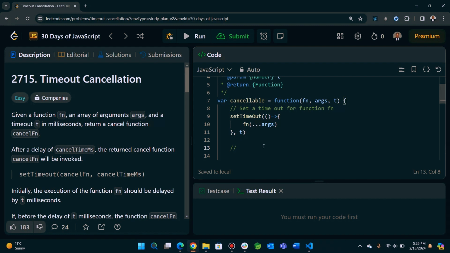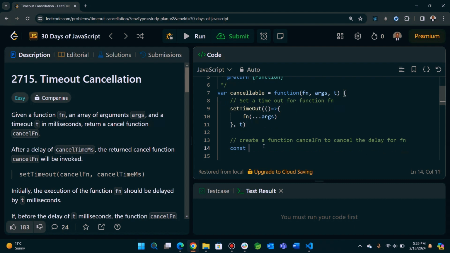In here, what we need to do is create a cancel function to cancel the delay for fn, right? Now here we are going to call it cancel fn, actually like this,